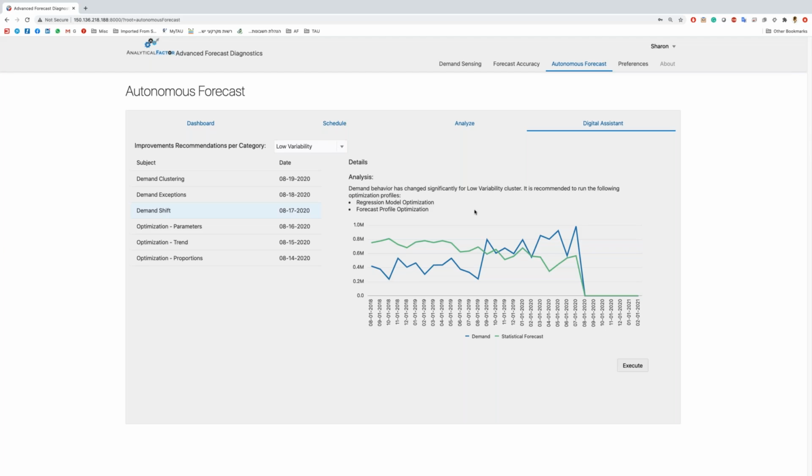and it will try to bridge the gap between your configuration, your data, and best practice, and give you all those alerts and recommendations here. Those can then be triggered into scheduling runs of the optimization profiles in order to improve your statistical forecast. Now, another thing that I think is important to mention is that this process will, over time, generate domain expertise in statistical forecasting in general, utilizing the statistical forecast capabilities of ODMC in-house without the need to go outside and look for experts. So you're going to be able to do it continuously.